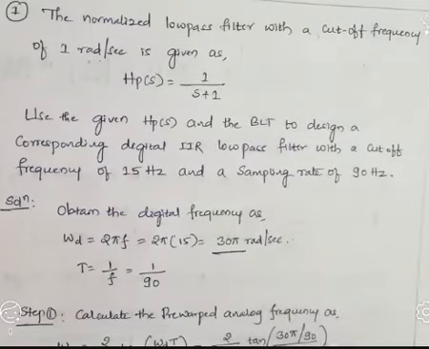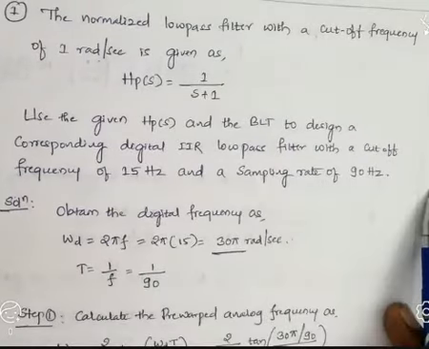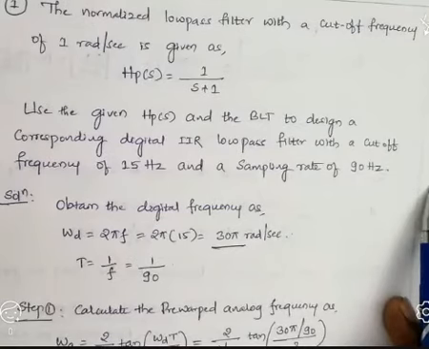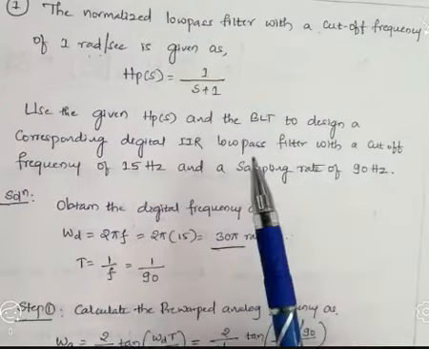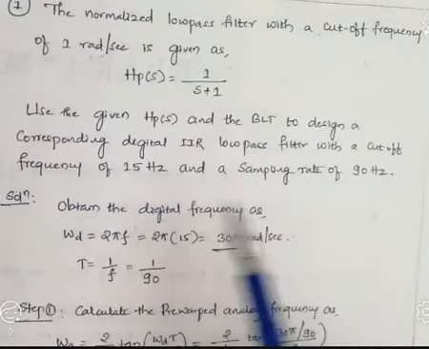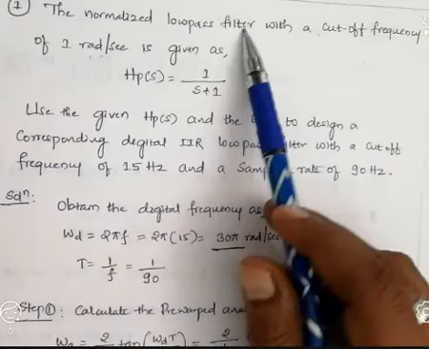So in this example, we are given a low pass filter of cutoff frequency 1 radian per second, its system function, as well as the cutoff frequency. We have to design a digital filter by using this system function, for these specifications. Sampling rate is 90 hertz and cutoff frequency is 15 hertz. So recall the points. First, we have to express